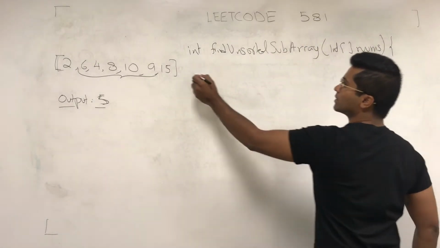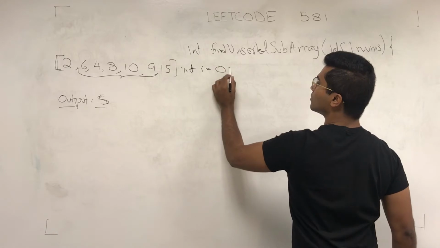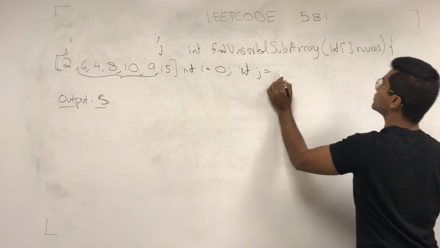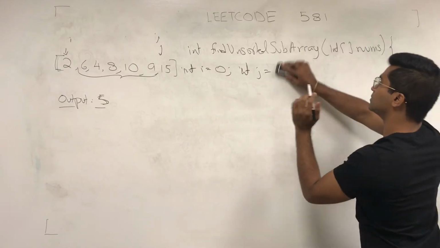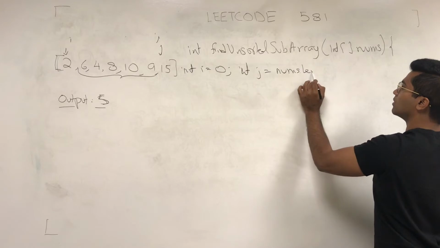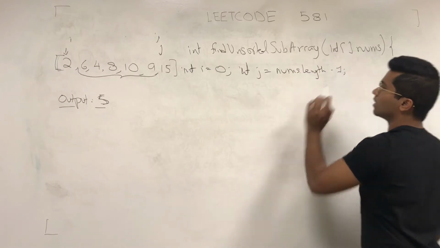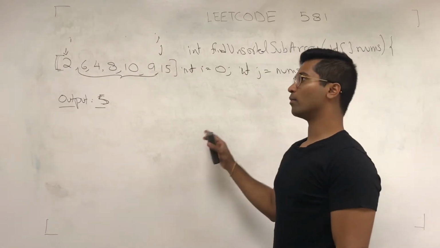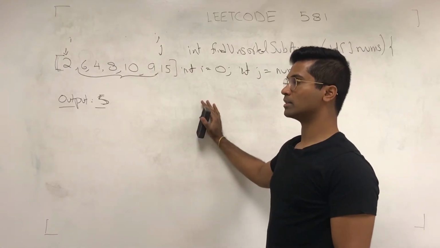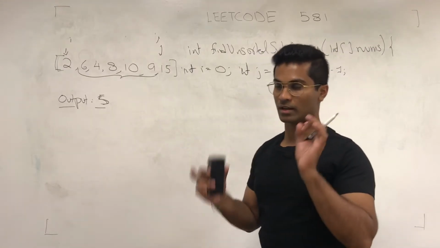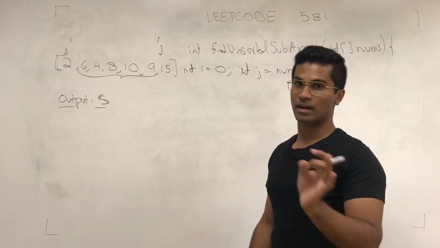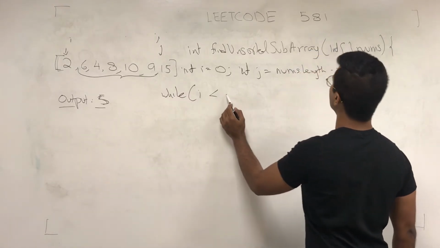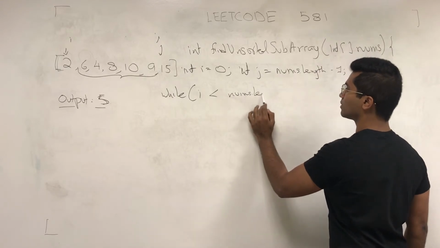Now, let's make the first pointer, int i equals 0. That's going to go here, and j is going to go there. Int j equals nums.length minus 1. Now the idea is to keep moving this i until we find a number at index i which is bigger than the number at index i plus 1. So while i is less than nums.length,